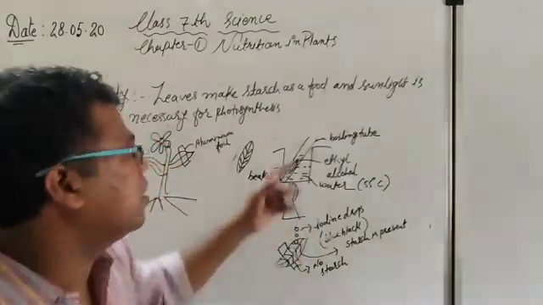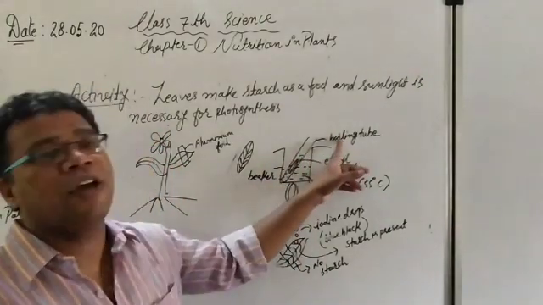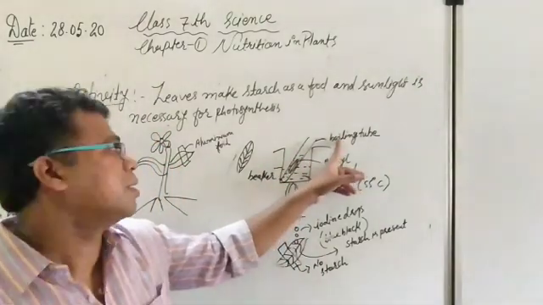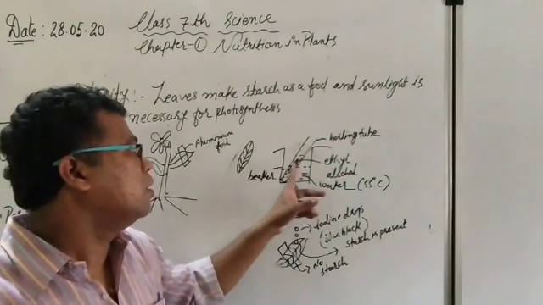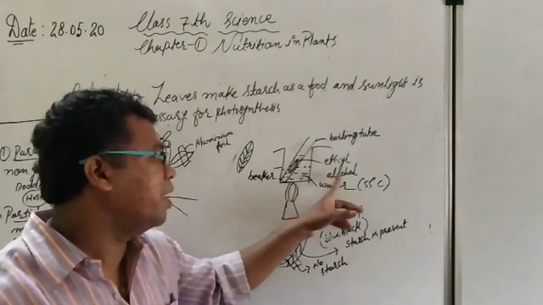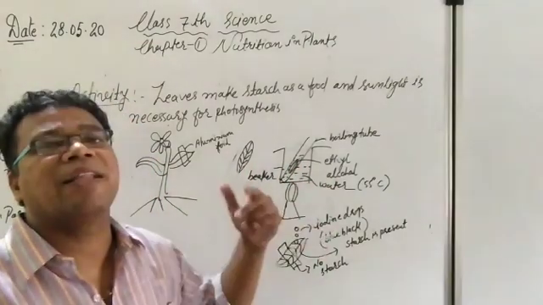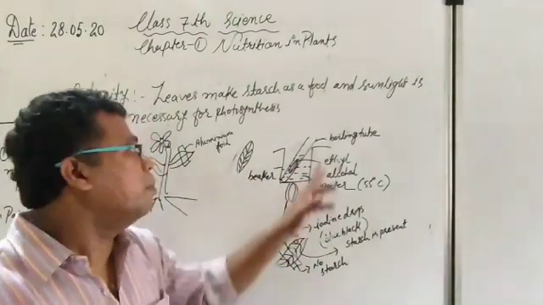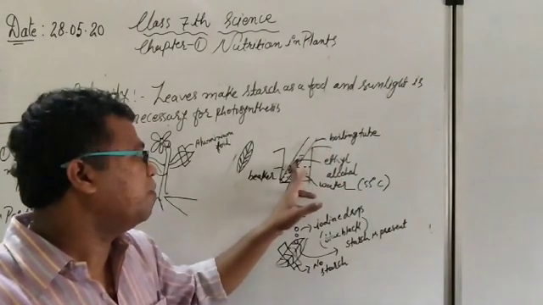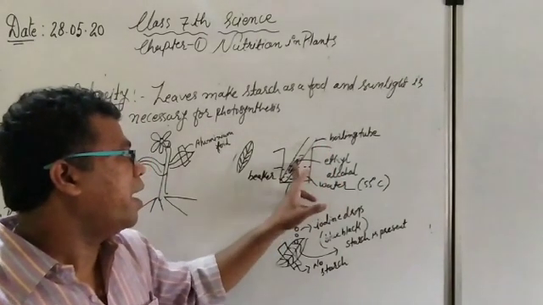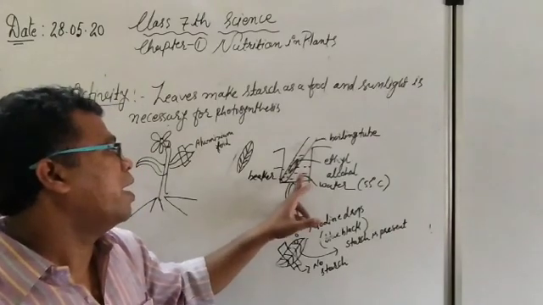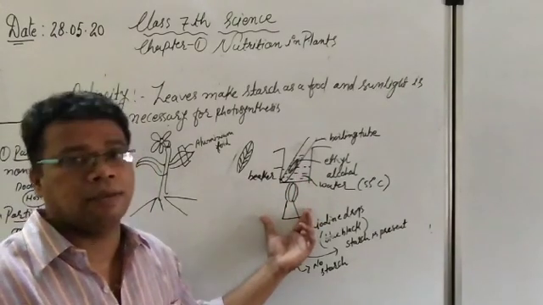After that, we have to take another boiling tube, which is made of glass. Inside the boiling tube we have to fill ethyl alcohol, and this particular leaf also we have to dip inside the ethyl alcohol. Very easy. Inside the boiling tube our leaf is there with the ethyl alcohol, and on the outer side water is there, and we are providing heat.